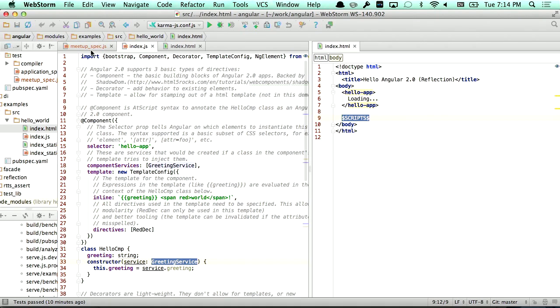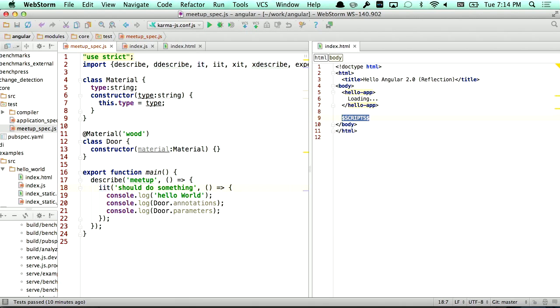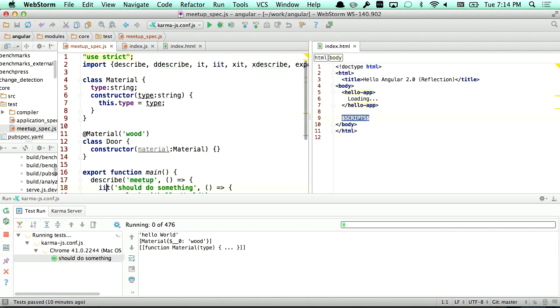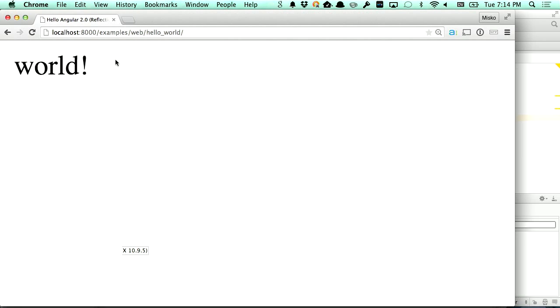Do you have plans to add source map support? Oh, source map support is already here. Thank you for asking about source map support. Let's debug this code. This is the most important part, right? Of course, I'm not going to have this set up right, but let's give it a try. Let's go to our IIT.